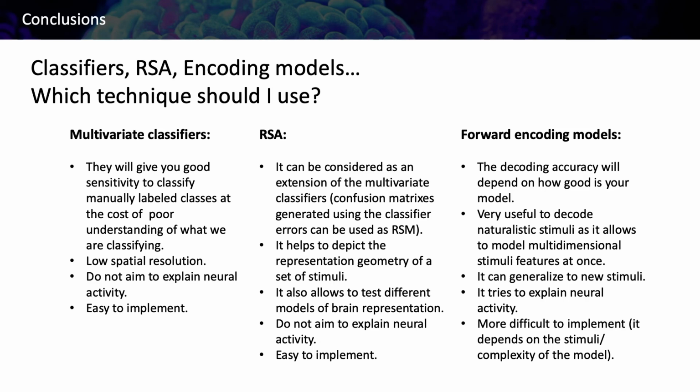As we said, the decoding model goes from activity space to stimulus space, and neural encoding models go from stimulus space to neural space. And it comes with a difficulty: it is more complicated to implement, because you have to think how you are going to linearize the naturalistic stimuli, and that sometimes is a challenge.